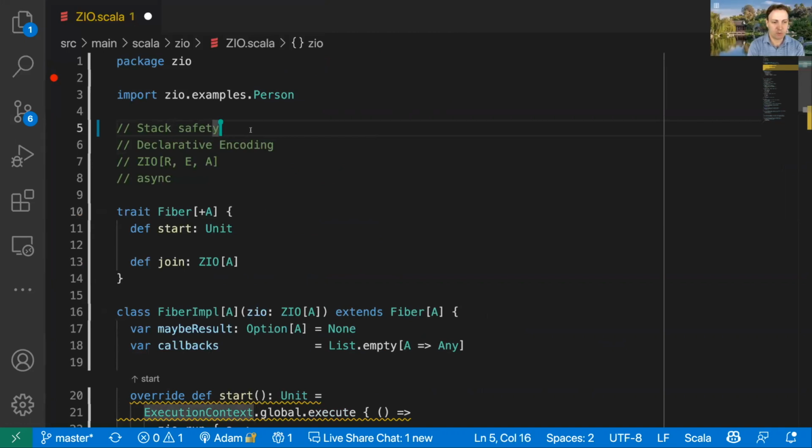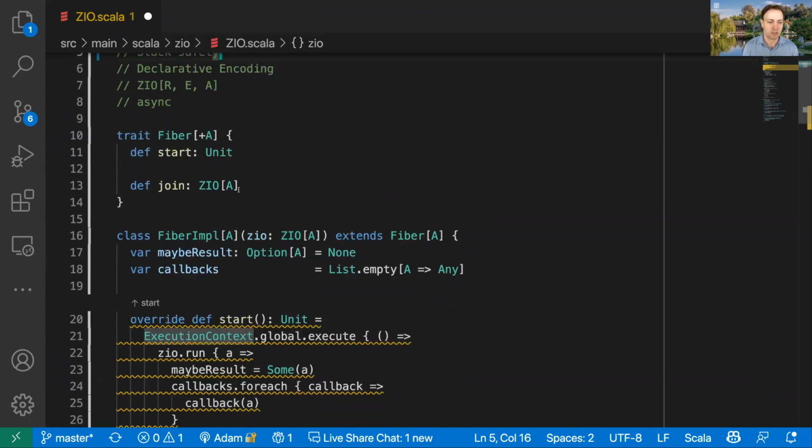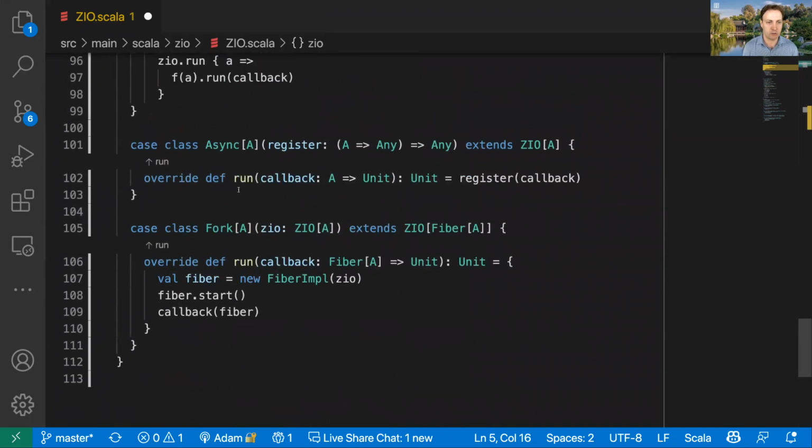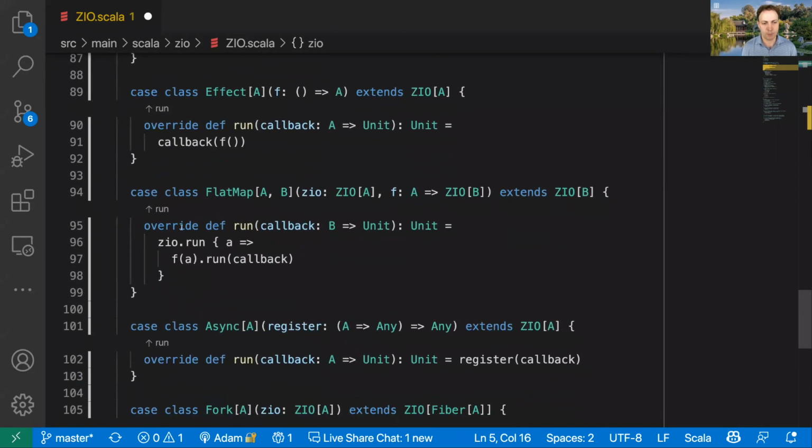So I think the first thing we might want to take here that's pretty basic is stack safety. I don't think we illustrated this last time, and maybe we can do that in a second here. But this current implementation isn't stack safe if we have really long running computations. So if we go down to this flatMap thing and the way it's implemented,